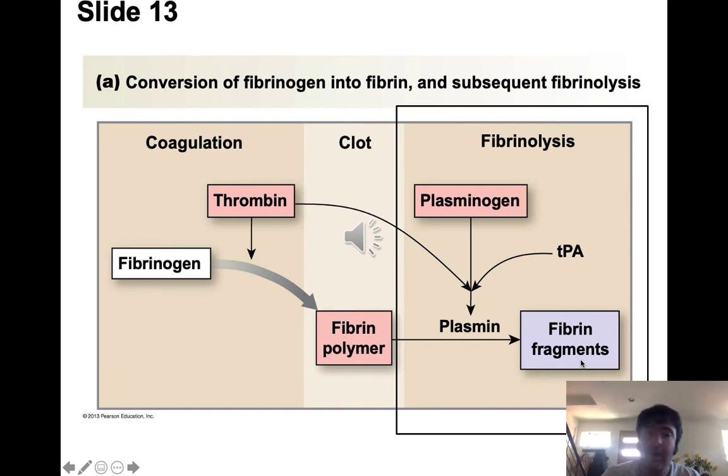through the bloodstream. You want to form a clot at times, and you want to break that clot down when it's no longer needed, right? That's called fibrinolysis. The breakdown of fibrin into fibrin fragments is called fibrinolysis. So you need this tissue plasminogen activator to activate plasminogen to form active plasmin, which breaks down fibrin into fibrin